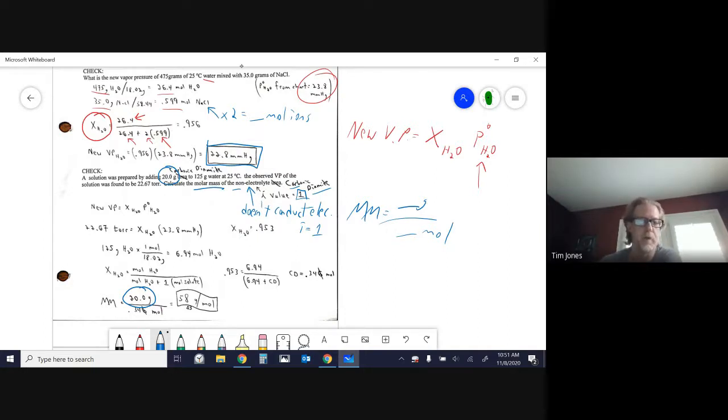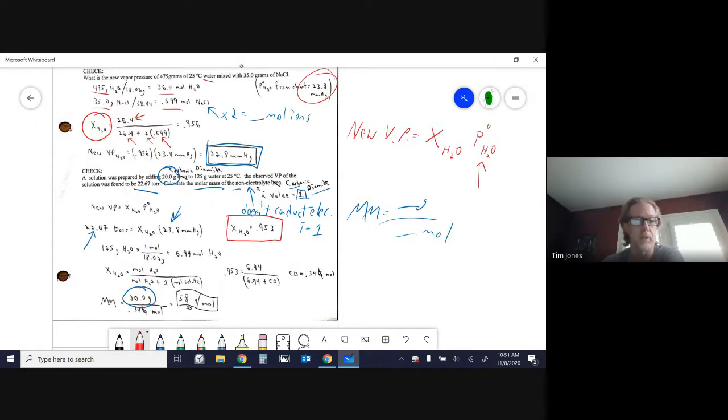So it says the observed or new vapor pressure is 22.67. So that I plugged in there. The normal is the same as the prior problem, 23.8, and I solved for my mole fraction here. Now you need to define what that is. The mole fraction of, in this case,